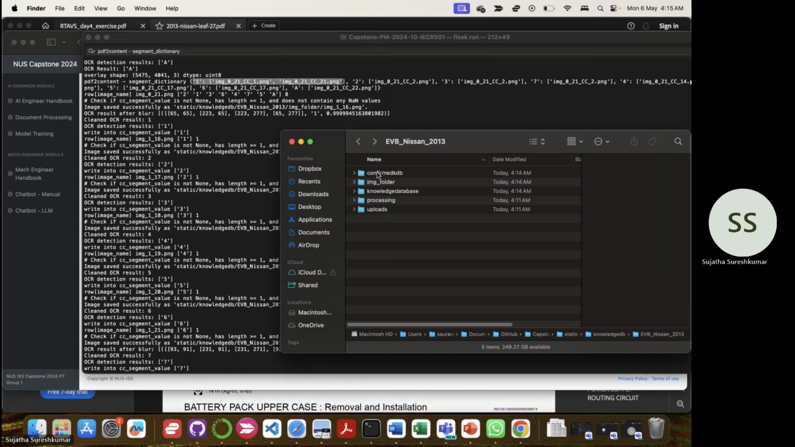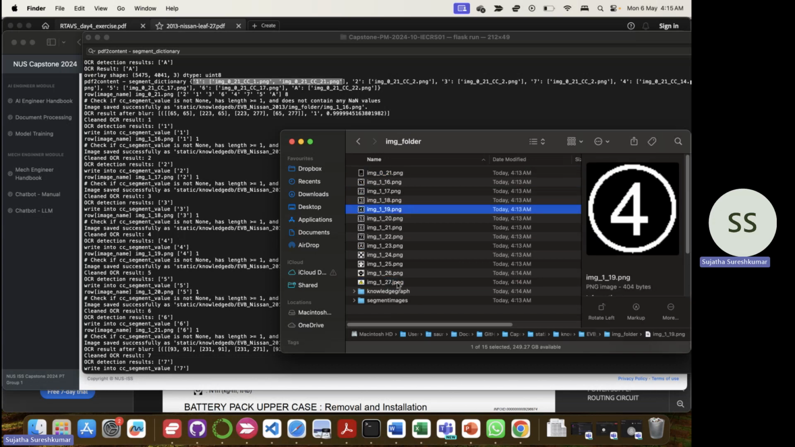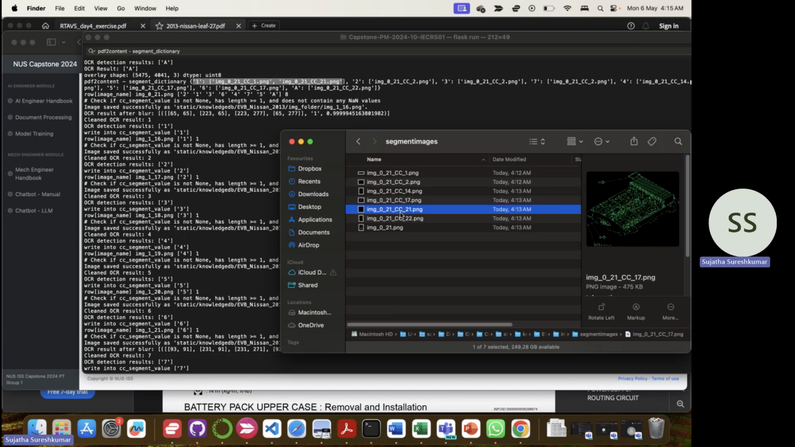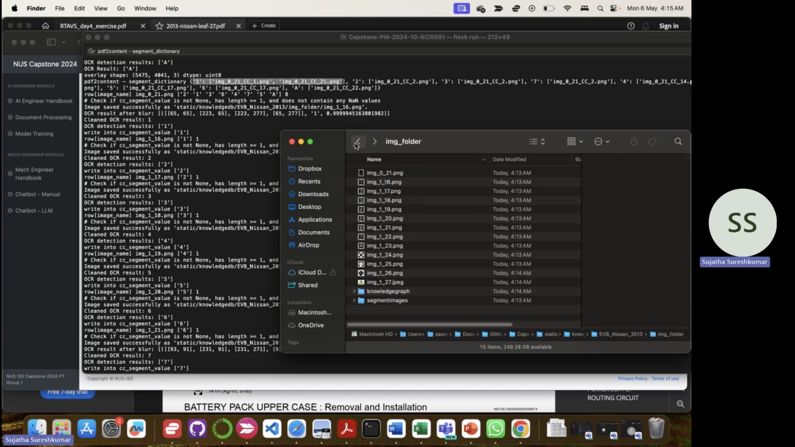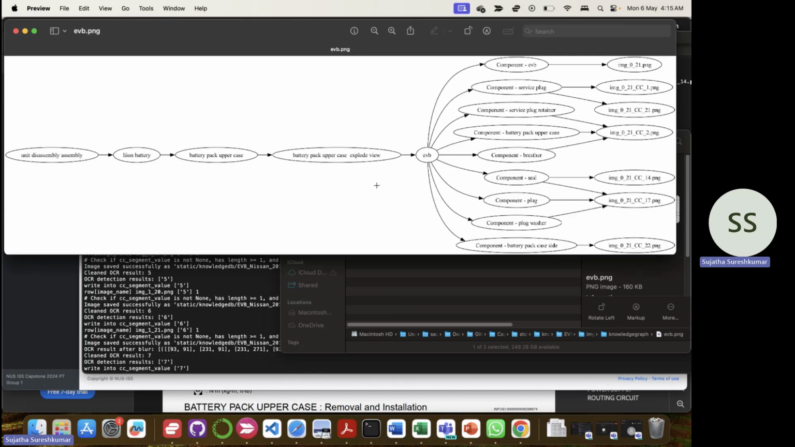Okay. And if you go to the image folder, we have all the legends and all the main images that we extracted. And in the segmentation image folder, we can see all the images that are segmented. And then the knowledge graph, I'll show you this because this is very detailed. So this is basically the hierarchy. This is the main image, this is the components, and this is the images associated with the components. Okay. With that being said,